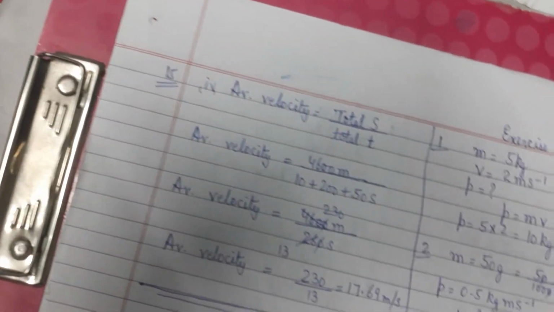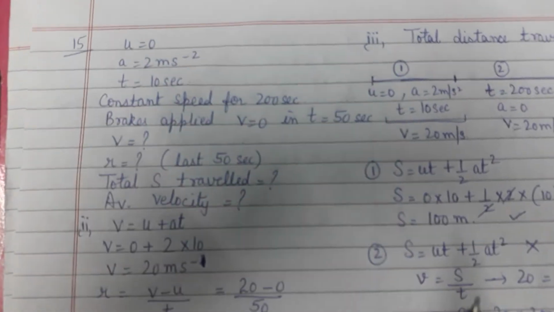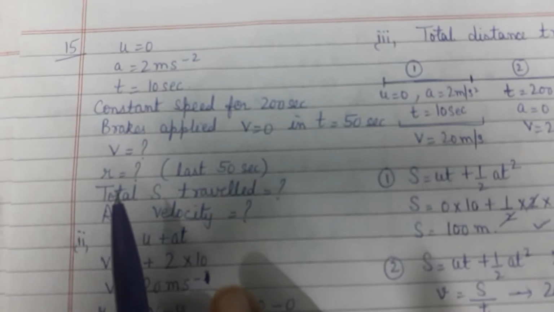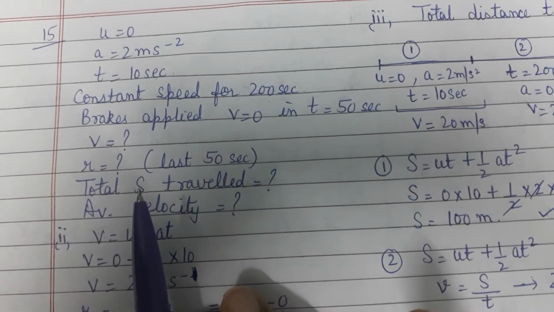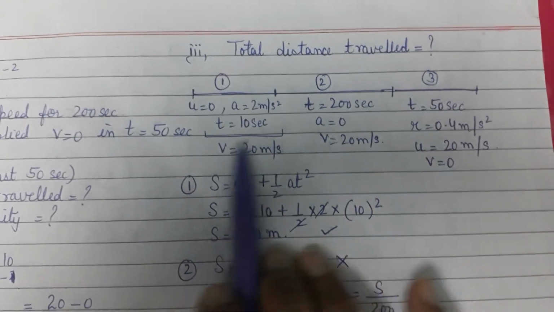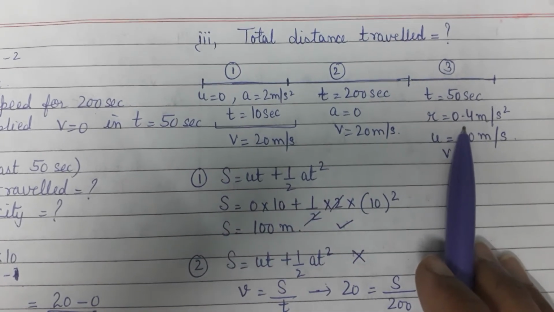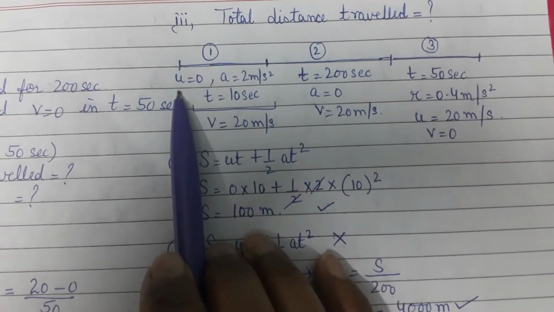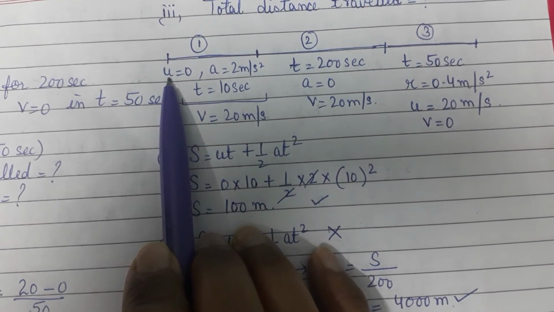Now I move to the last numerical of this exercise, which is slightly lengthy, but I want you to be very careful in understanding because it's slightly tricky. Okay, I'll read out the question. A train is starting from rest. Okay, now see, I have prepared a kind of rough diagram in order to understand it. I'll represent it over here. A train is at rest. You can see I have put A0.